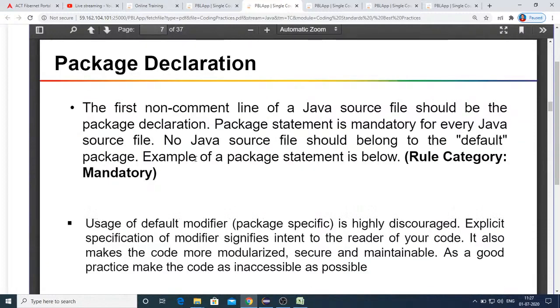And in package declaration, always make sure that the entire package name is in small letters only. The entire package name needs to be in small letters even though it contains multiple words. So it's a good way of writing, keeping that in account. And this rule is mandatory. You can see in the theoretical part also, it is mandatory to remember this for the package name.